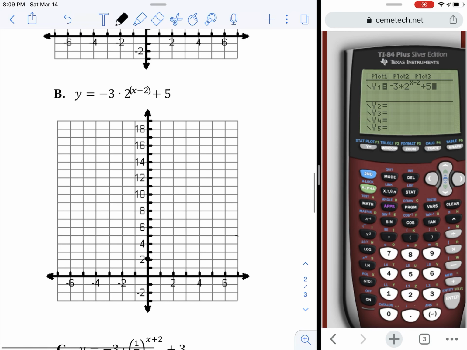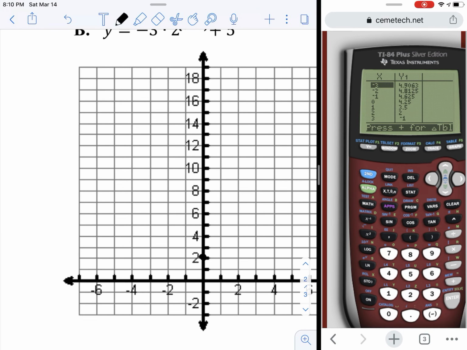Now, once we do this, before you actually graph, go to your zoom button and make sure you do zoom 6, a standard window. And there it is. So from here, we can sketch this graph by going to our table, and we can graph as many points as we can get to fit without having to graph all of these decimal values. Now, what I want you to note is the farthest point on our graph, -7, appears to be